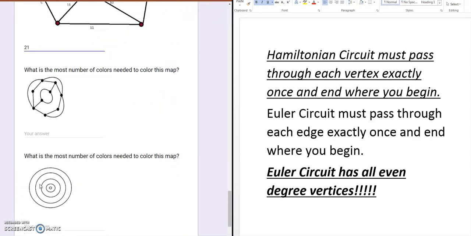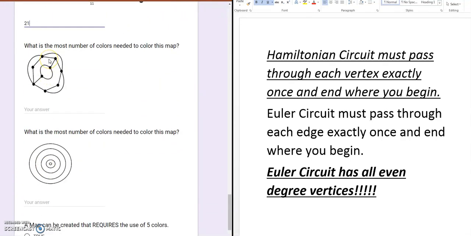The most number of colors needed to color this map here